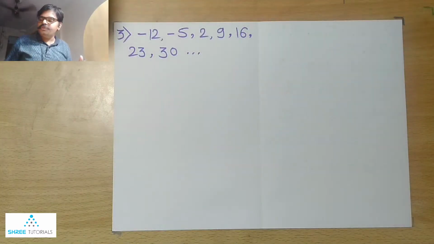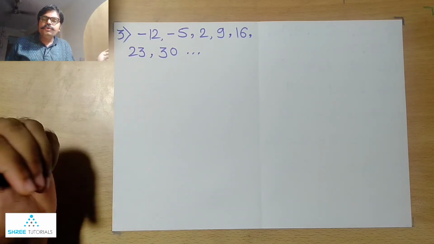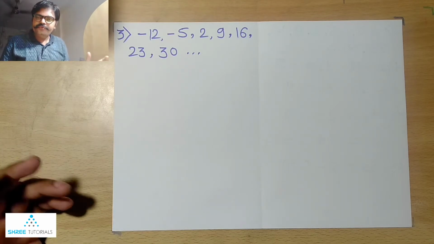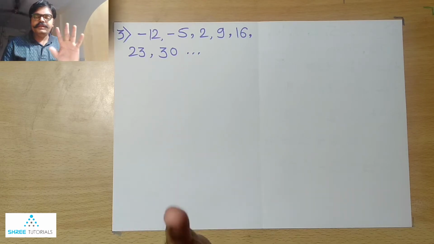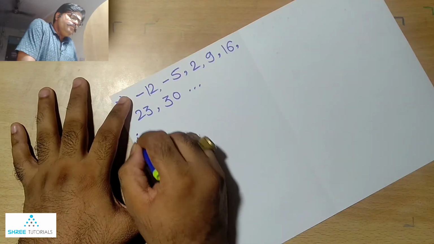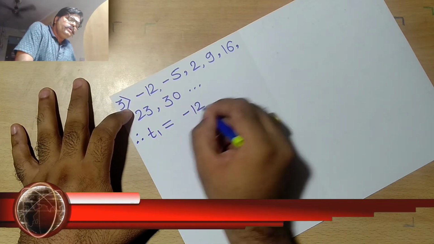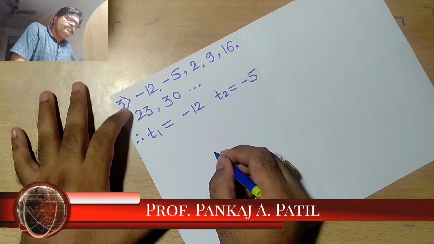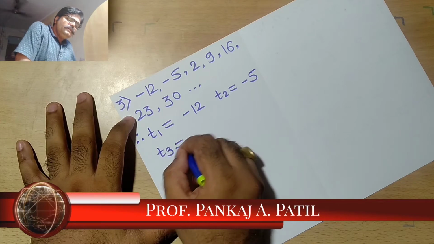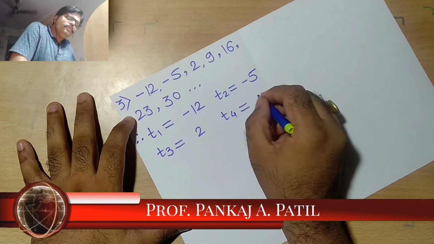Okay, so this is the question we are going to solve. In this question, we are supposed to prove whether this given sequence is an arithmetic progression or not. So to decide regarding the same, first we have to get the values for our first 4 terms, that means T1, T2, T3 and T4. So T1, that means the first term from the sequence, is minus 12. T2, the second term from the sequence, is minus 5. T3, the third term from the sequence, is 2, and finally T4 is equal to simply 9.